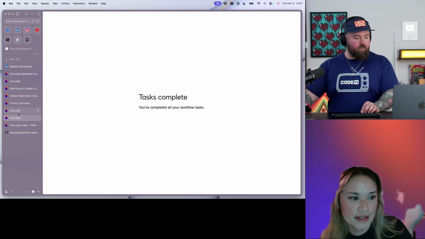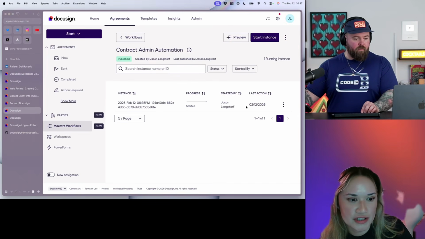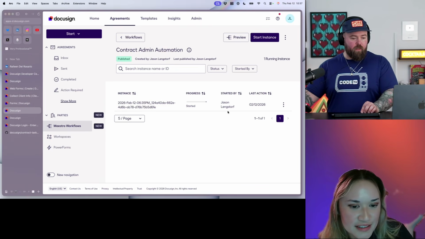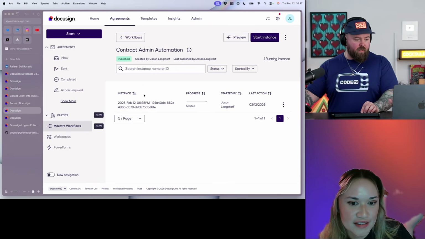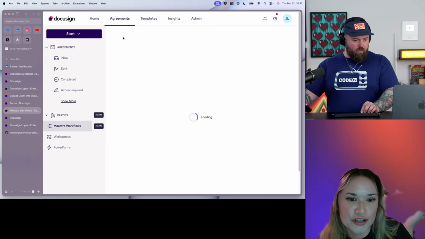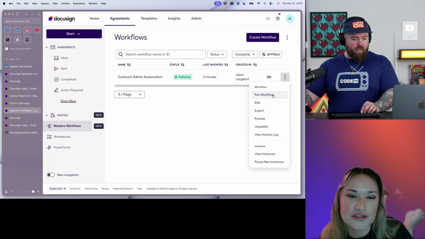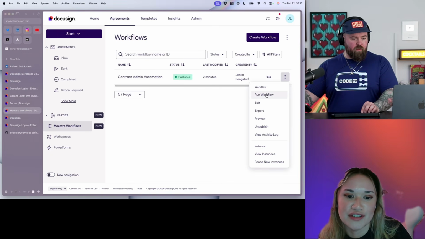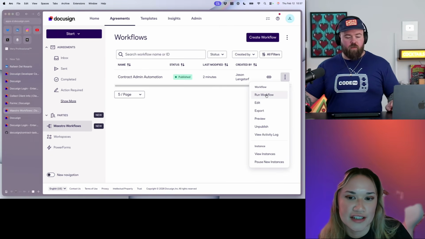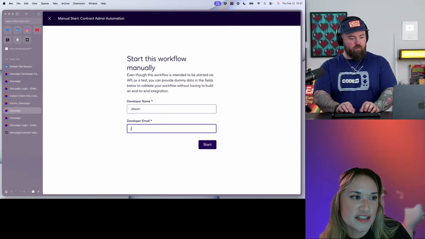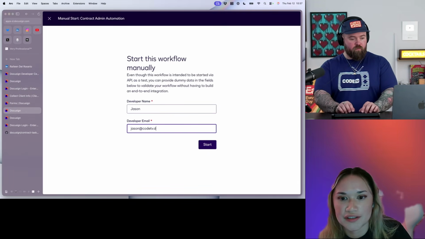And then we can head back to that workflows screen. Look at that. There's our instance. Okay, so that did the thing. And then let's do start instance again at the top. Oh yeah, you could do it through the kebab menu too. There's a few different ways to do it. That's the nice thing, there's a few different ways to run it. And then you can hit run same workflow. Only difference here is we'll keep that box unchecked.